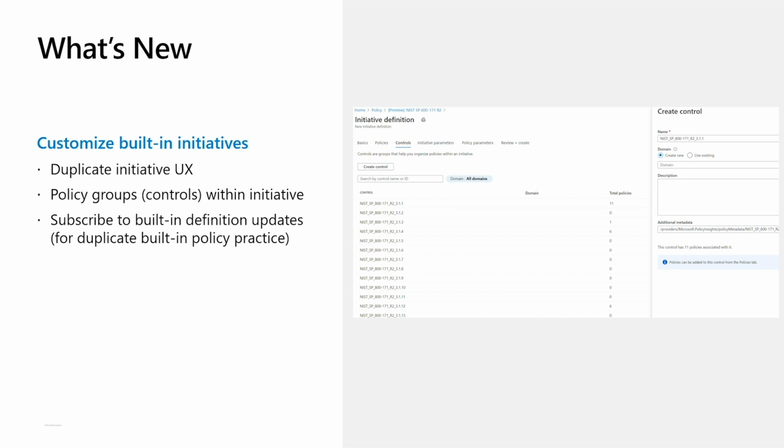What to do? The way we solve this problem for you is to publish our built-in policies into a public GitHub repo. So you can subscribe to the change notification for these built-in initiatives and policies. Now you can stay up to date on the latest changes, but deploy them at your own controlled pace, which is exactly what you want, right?